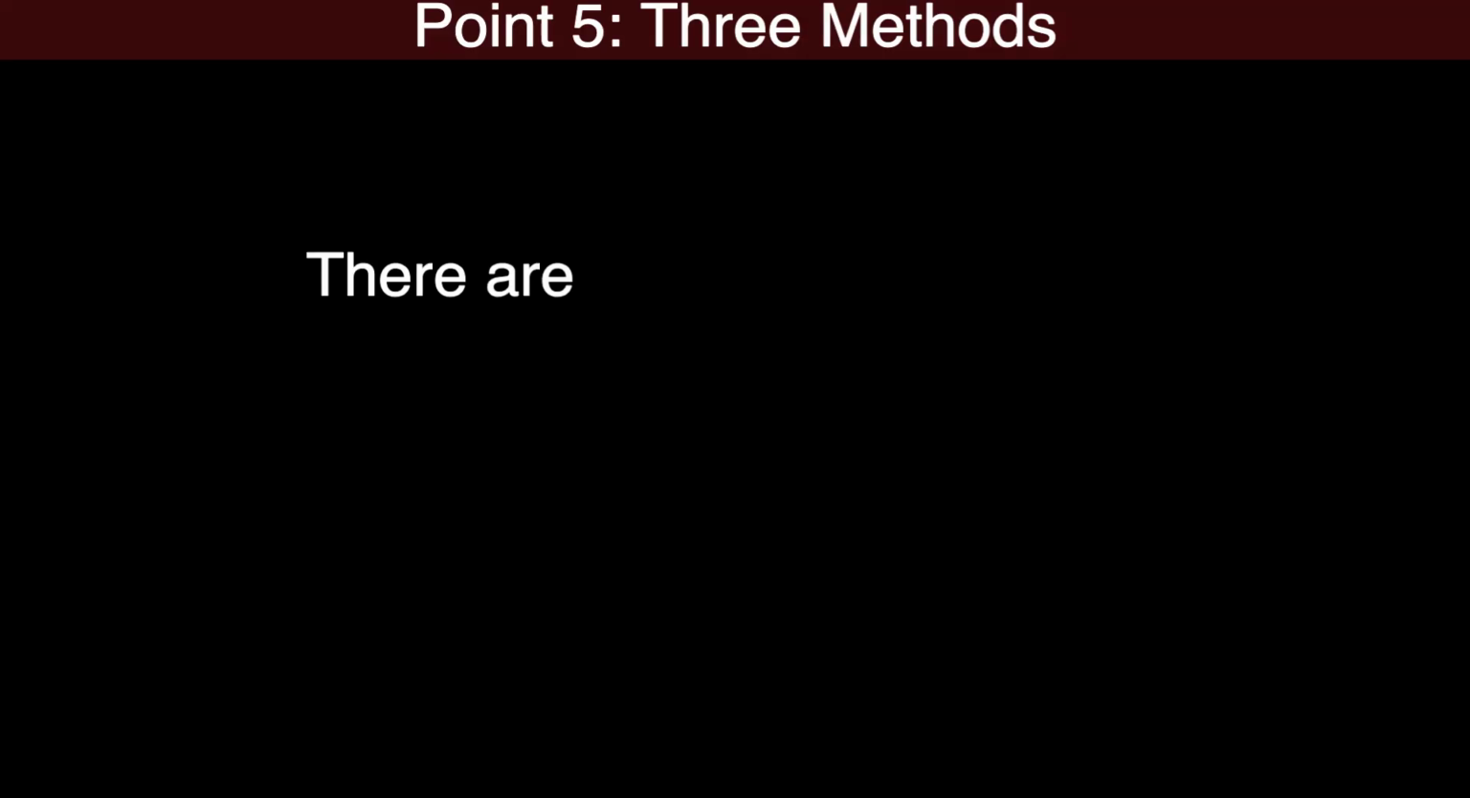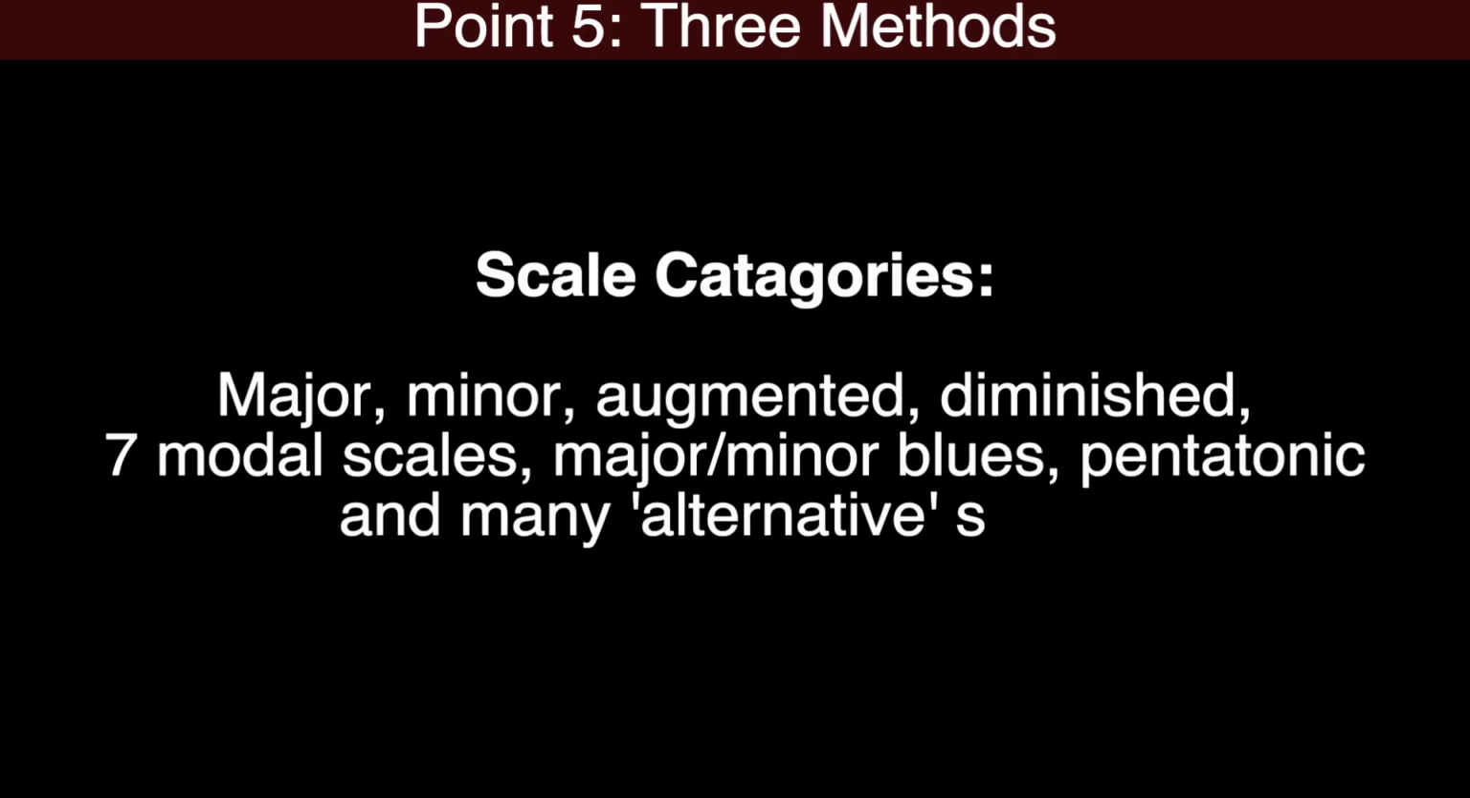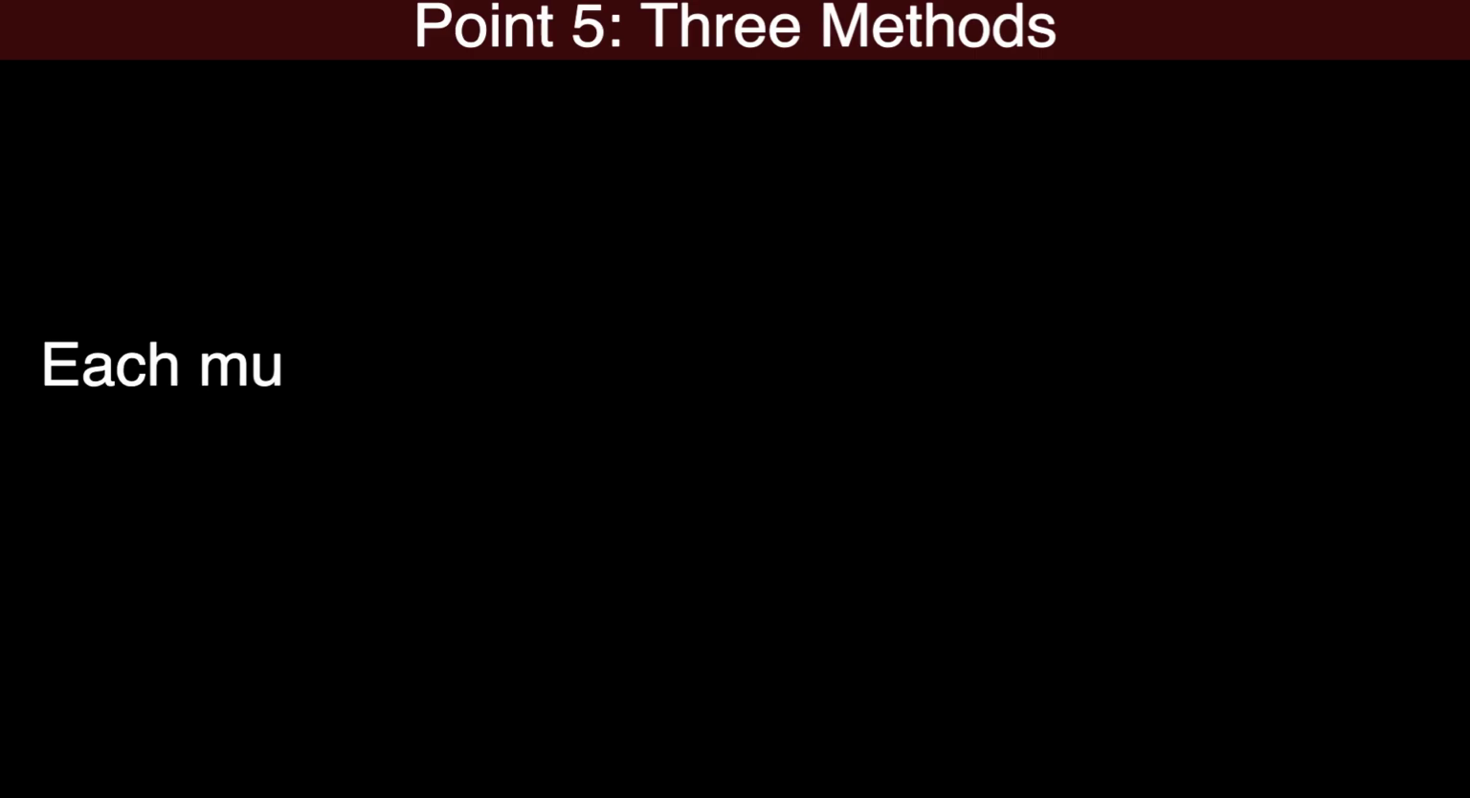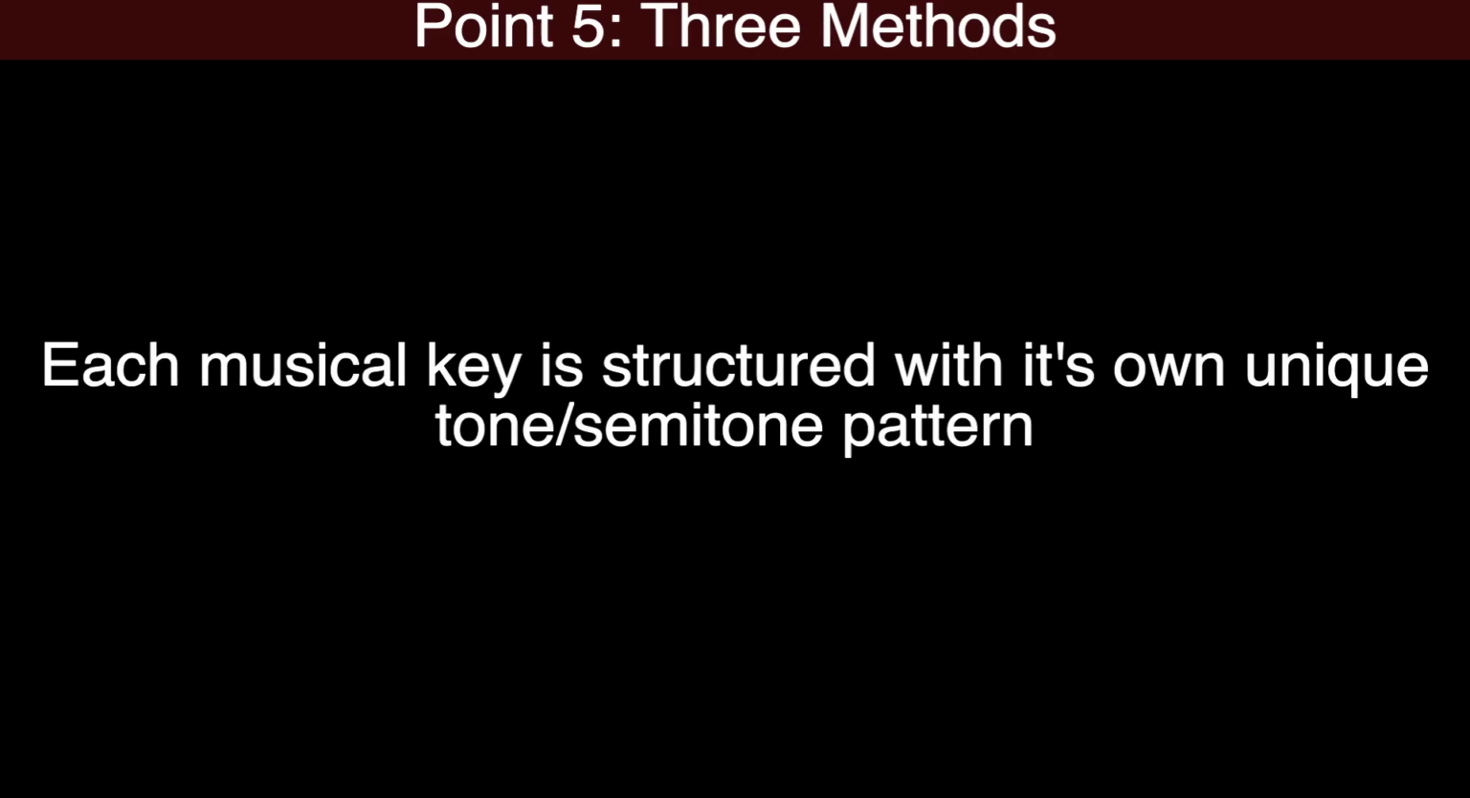The major pattern of tones and semitones is just one amongst many others. Some categories of scales are major, minor, augmented and diminished scales, the 7 modal scales, major and minor blues scales, pentatonic scales, and many other alternative scales. Each musical key is structured by a unique pattern of tones and semitones. Each roadmap provides its own selection of notes, allowing us to create distinct musical sounds for different styles, genres, moods,